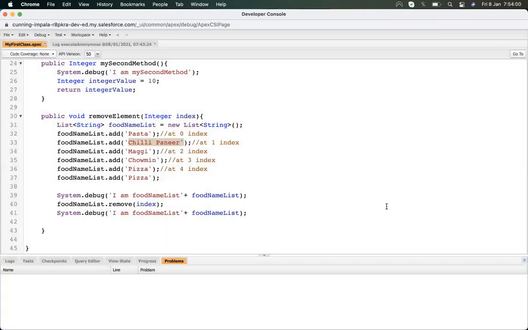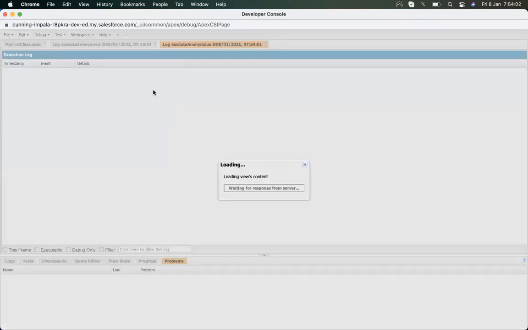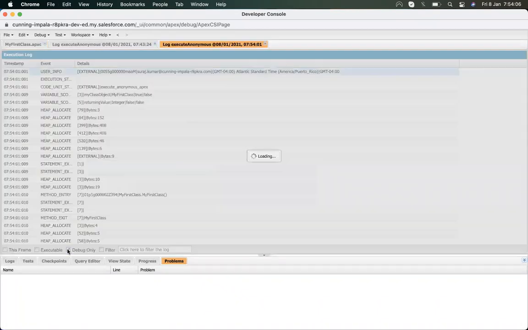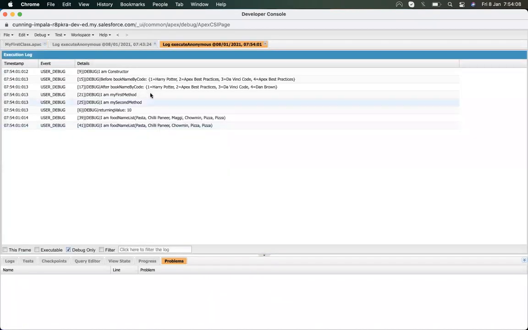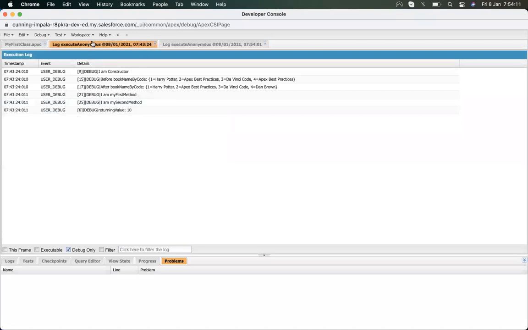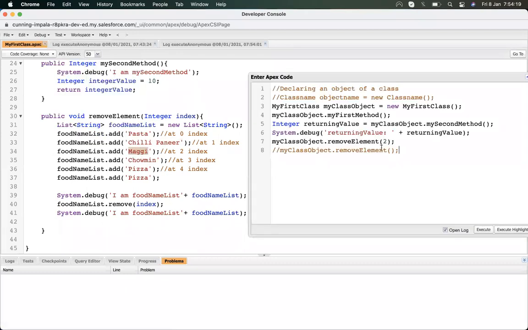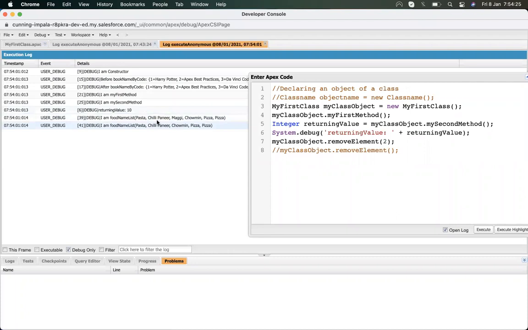Index 2 is not Maggie, no, wait, it starts from 0, so 0, 1, 2. Yes, you are correct, index 2 means Maggie. So it removes index 2.